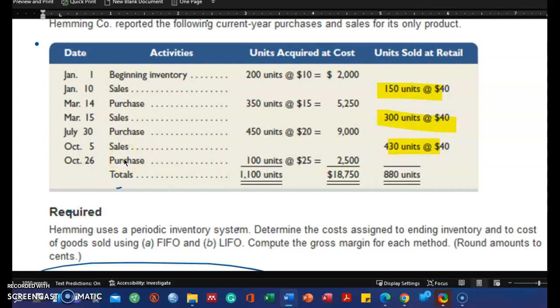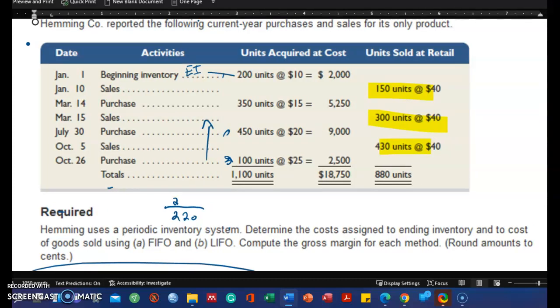All right, so we're going to do LIFO. In LIFO, we assume that this unit was sold first, and then this one, working its way back. So to calculate what's in ending inventory, we start here. We know that we have 220 units in ending inventory. So if we use this as our first layer for ending inventory, it'll be 200 times 10 equals 2,000. So we need 20 more units. It'll add up: 20 plus 200 is 220. So we need 20 of these at $15 each. Okay, so 20 at 15, 300,